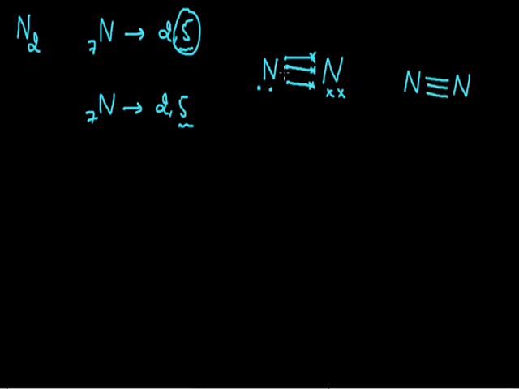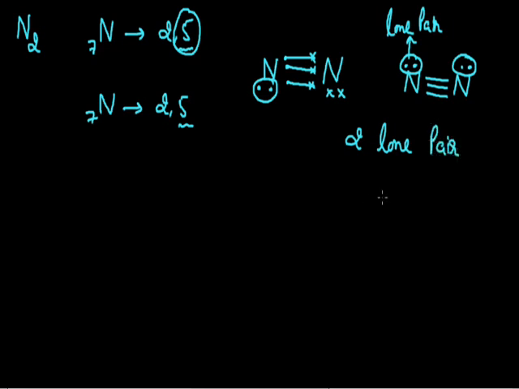Here this nitrogen atom has two electrons, or one pair of electrons, which is not going to participate in bond formation, and this kind of pair which doesn't participate in bond formation is termed a lone pair of electrons. Same for the other nitrogen atom. It also has one lone pair of electrons. So for this whole nitrogen molecule, there are two lone pairs.